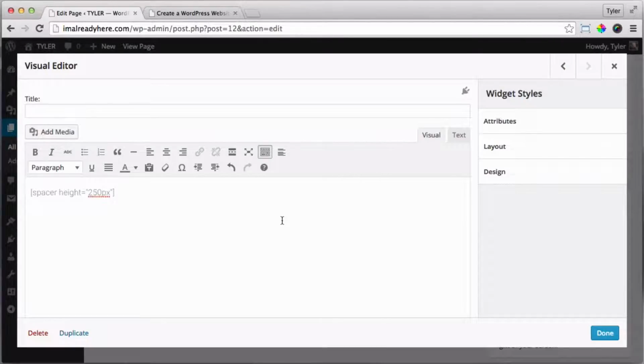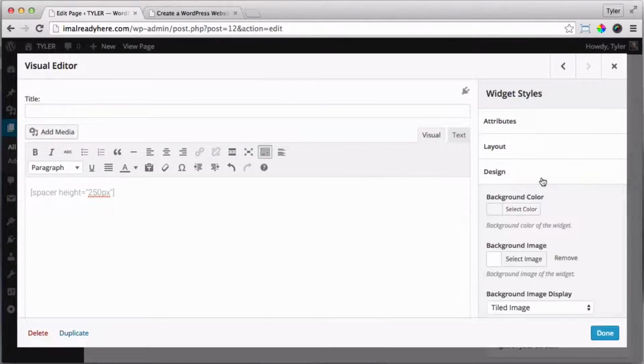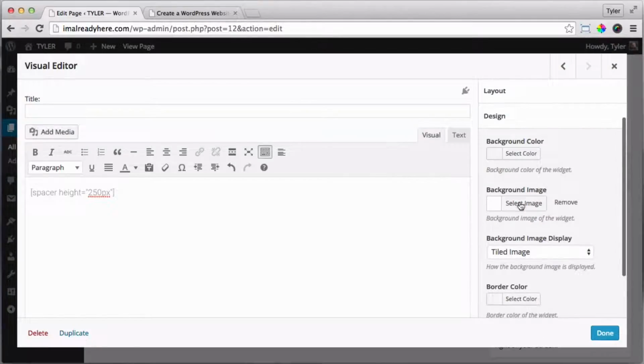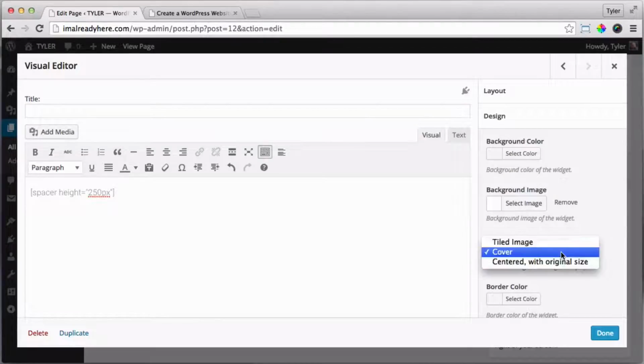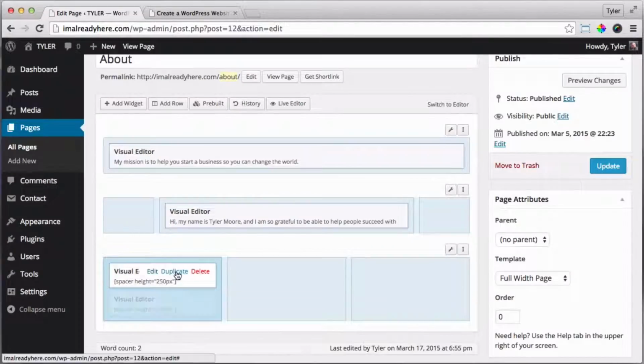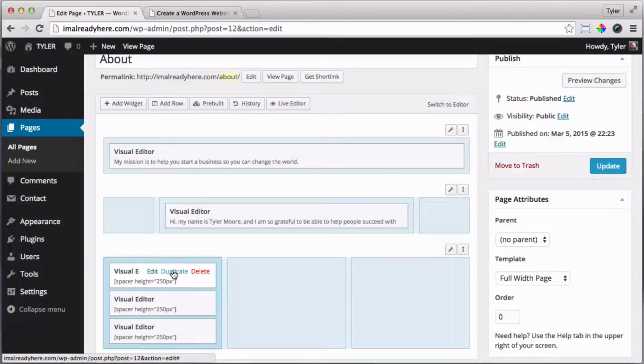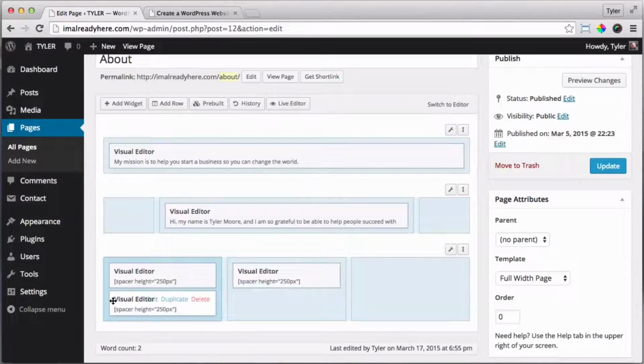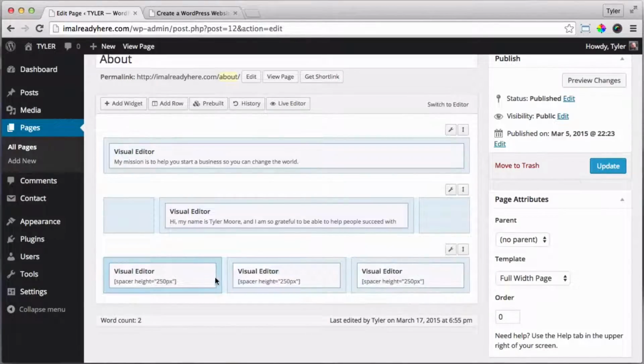250 tall. And then let's click on the design and instead of background image display, let's do cover. Actually, before we do that, let's save this, the cover, done, and let's duplicate this because they're all going to be the same. So just click this, click, hold, and drag to the center, click, hold, and drag to the right. All right,